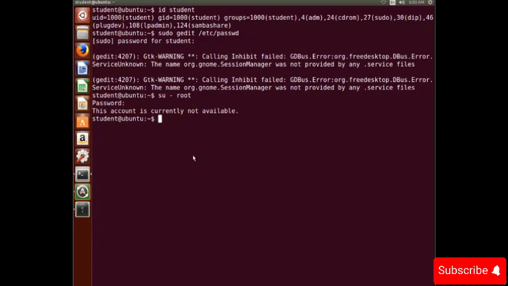So in the previous video, we have noticed that there is one more user with a name toor, and it also has the same ID as the root user, which is 0. So let's verify. sudo cat /etc/passwd pipe grep, double quotes, x:0. And yes, you can see that there are two users with UID 0, root and toor.